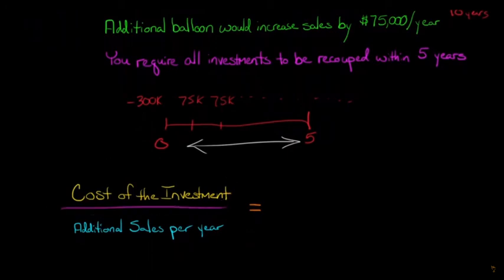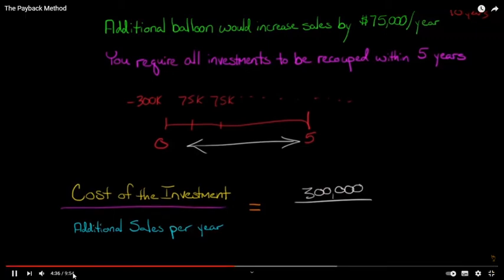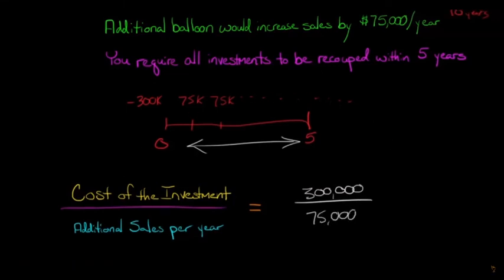So what we can do is just take the cost of the investment, which is going to be $300,000. That's the cost of the balloon. Now we take that and we divide it by the incremental sales that we're experiencing each year. So our annual increase in sales is $75,000. So we divide 300,000 by 75,000, and that is going to give us 4. So what does